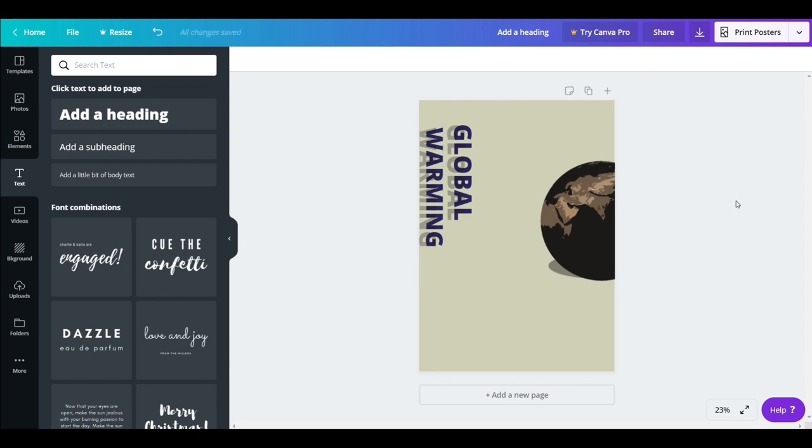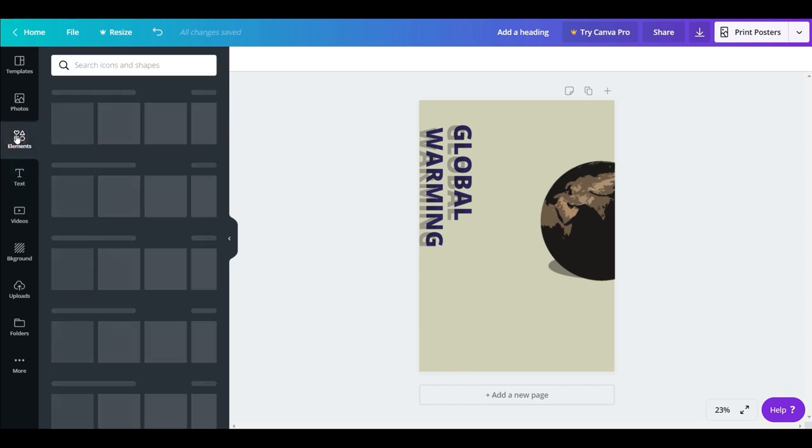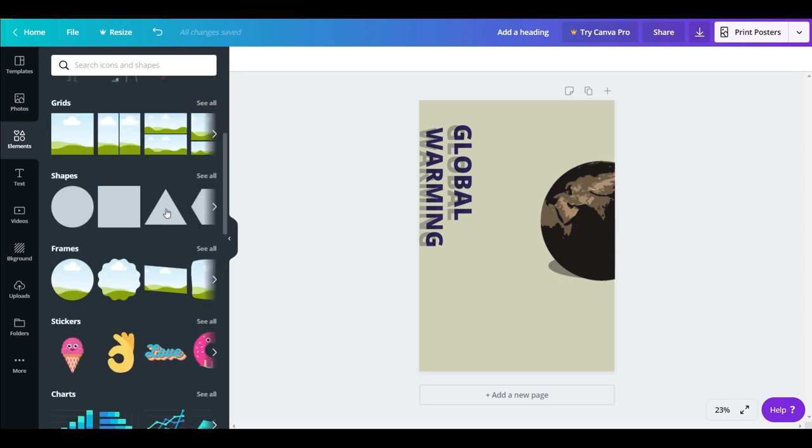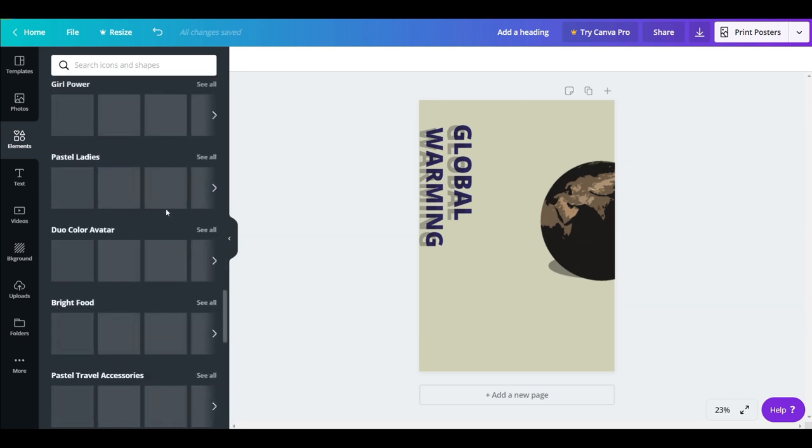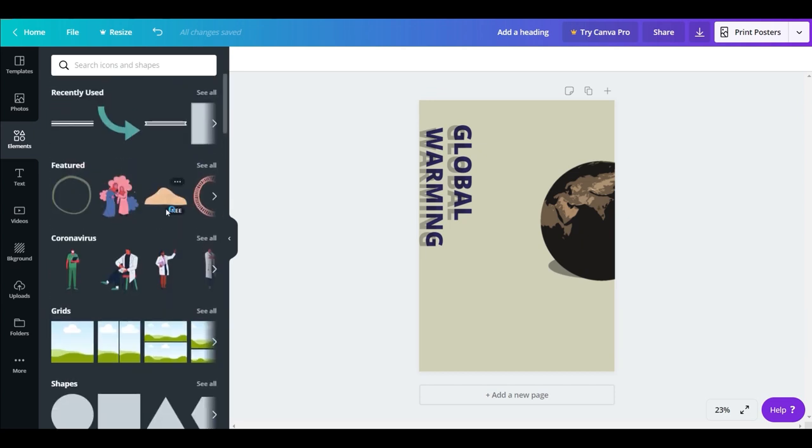Our text is ready by now. Let's make it a bit more interesting by giving it some elements. You can do that by clicking on this elements column here on the left side of the screen, and you will see that a bunch of elements will appear. Not a bunch, but literally many. You have more than 50,000 icons and elements. So let's give it a border for the same. Let us use this.